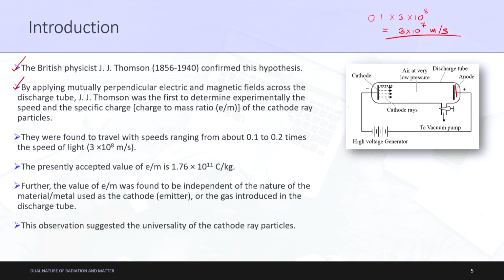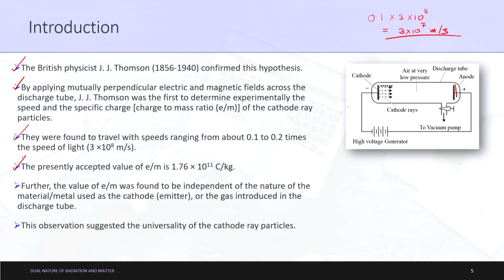Okay. The presently accepted value of e/m is 1.76 into 10 to the power 11 coulombs per kg. This I think you can remember because this is a constant value. As we already know, e is charge, that is the unit is coulomb, and the mass SI unit is kg, hence it is coulomb per kg. The unit is coulombs per kg, and therefore, the value of e/m is 1.76 into 10 to the power 11